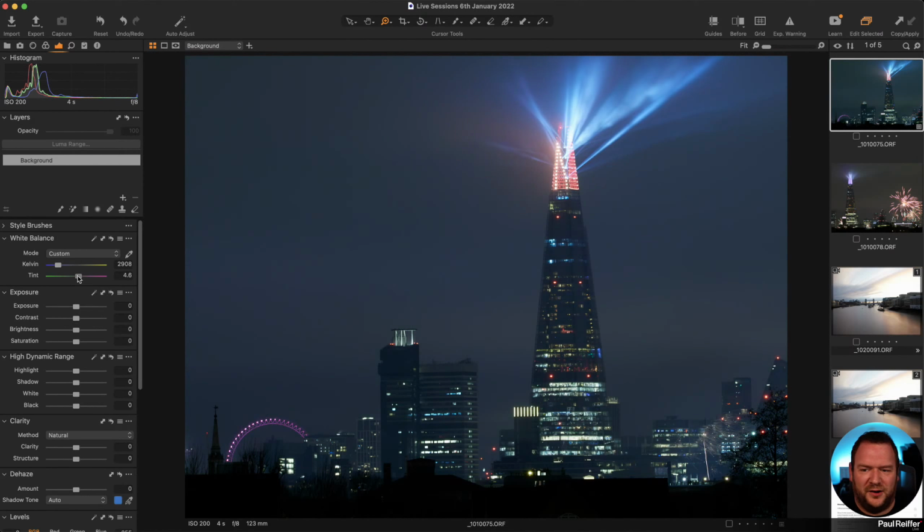I may choose to play with tint. So if we want a greeny sky, we can do that. If we want a reddy sky, we can do that. But try and keep this natural, or as natural as we can get. But that to me feels more like a deep city shot, rather than pressing the Y key to get my before and after. The sort of murky, in some ways, harsh reality of city life, with what's going on up in the air. So let's just turn off our before and after and then think about what else we want to do with this shot.